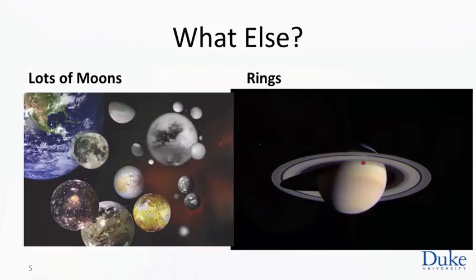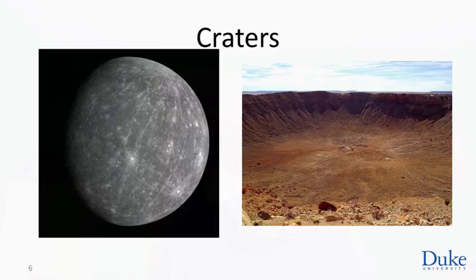Looking at the moons and the planets of the solar system, we see another property that they all share, which tells us something about what goes on in the solar system, and that is that they all seem to have suffered a little bit of damage. This image is an image of Mercury, and you see that it looks kind of like the moon, because like the moon, it's pockmarked with craters, the results of collisions sometime in its past. This image shows you that the Earth is not immune to such attacks. This famous crater in Arizona was formed by an impact only 50,000 years ago. And so there have been and are impacts onto the Earth, and this feature of cratering is one of the most ubiquitous things we see.